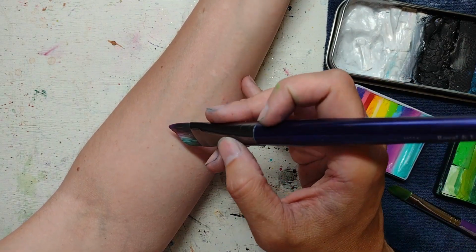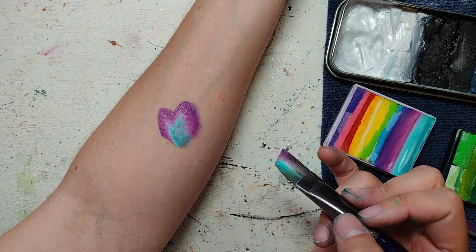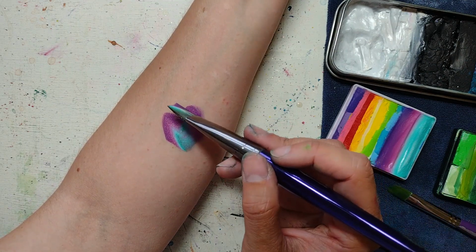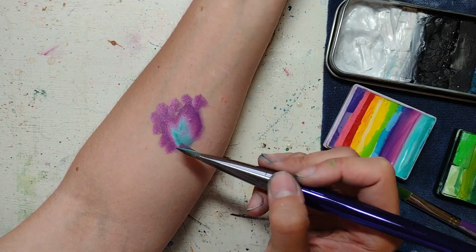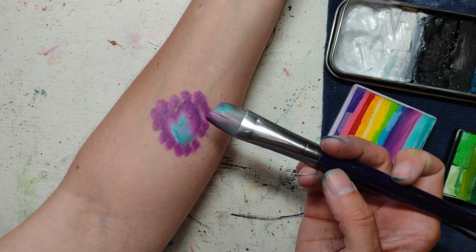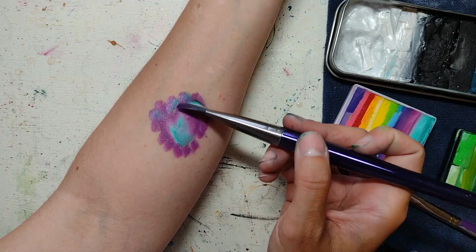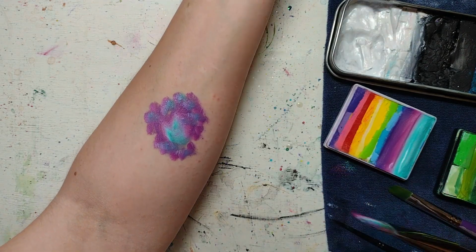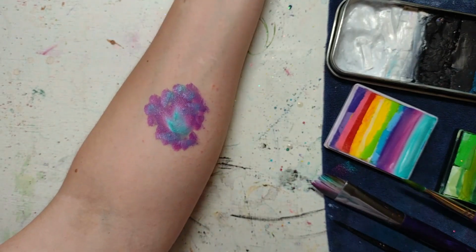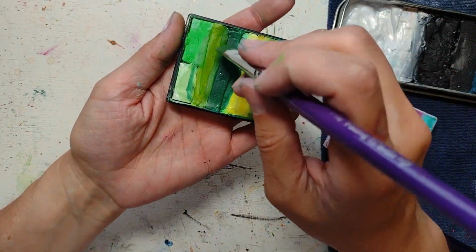So sea turtle. I make kind of a heart shape, round, very round heart. Then I take the pointy tip of the brush with the darker color and roughly make a bunch of spots. And then I flip it and use the short end with some of that blue on there just to get a bit more color. It's very slapdash. And then I just have